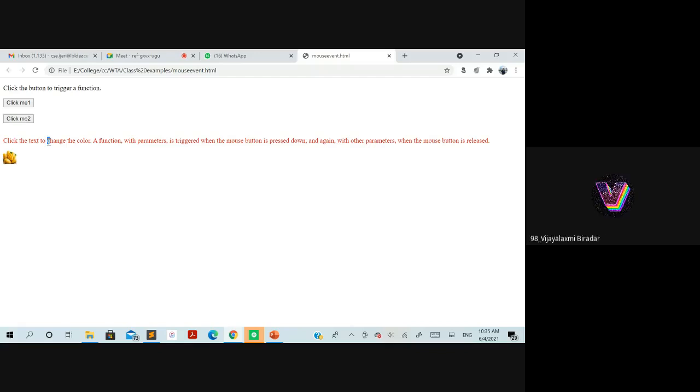Yes, ma'am. Okay, so now I'll release the button. So I'm releasing the mouse button. Are you able to see the green color over here? Yes, ma'am. Okay, so this is what is done for the on mouse down